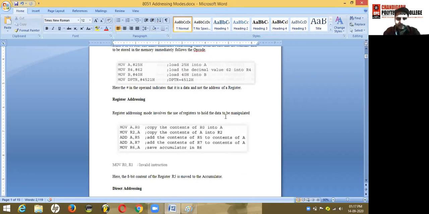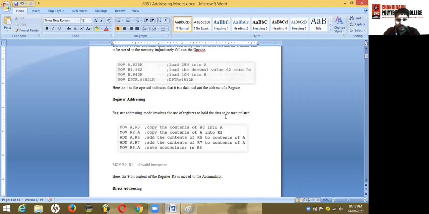For example, MOV A, R0. Here the value that has been included in the register R0 must be moved into the accumulator. The first instruction MOV A, R0 shows that you are going to copy the content of R0, not the R0 itself. You are going to copy the contents of R0 into accumulator A.